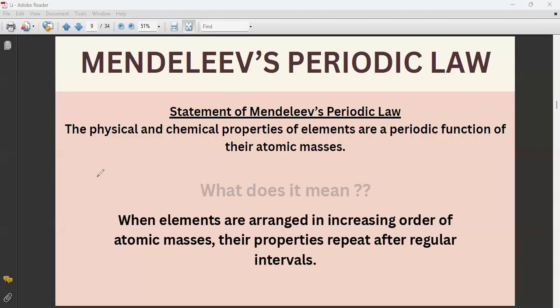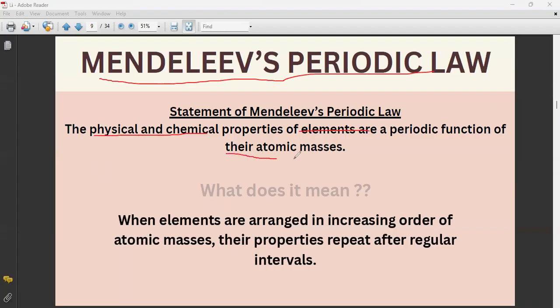Okay. Similarly, when we move further, we have the new laws, which is Mendeleev's periodic law. Now let's see what Mendeleev has to say about the elements and their position and their functions. So, the statement of the Mendeleev periodic law: the physical and the chemical properties of the elements are the periodic function